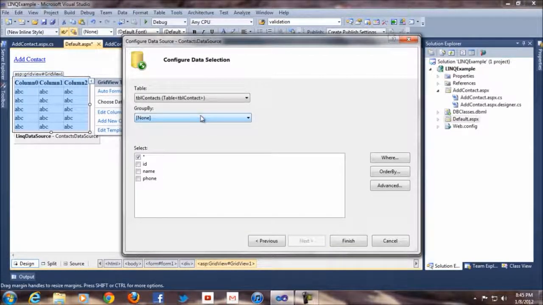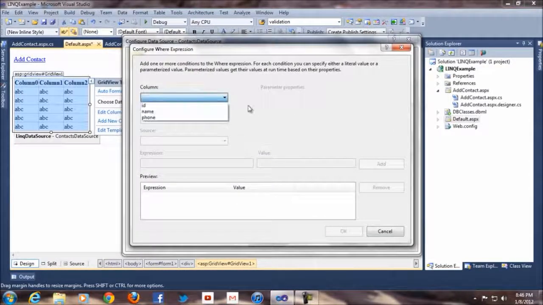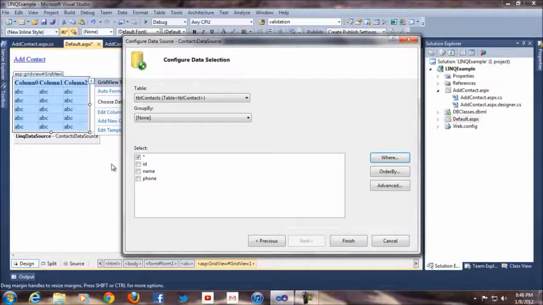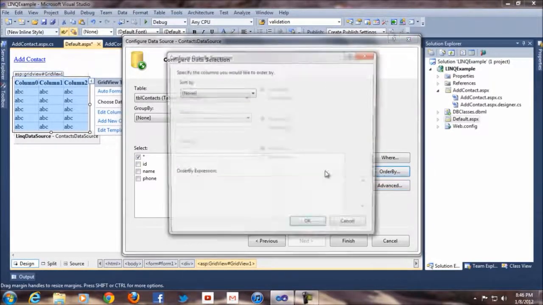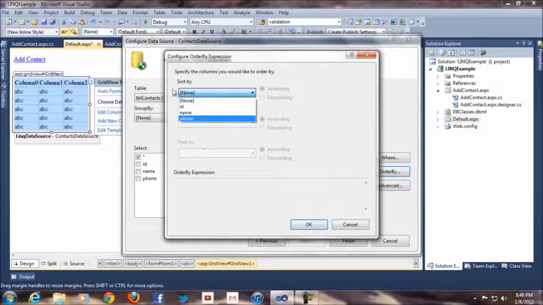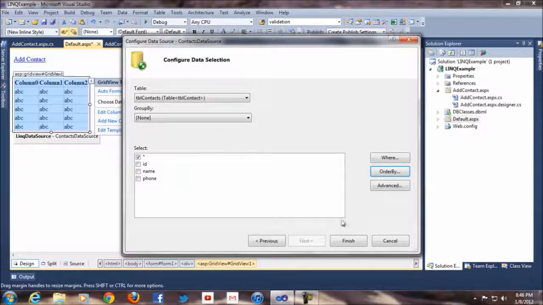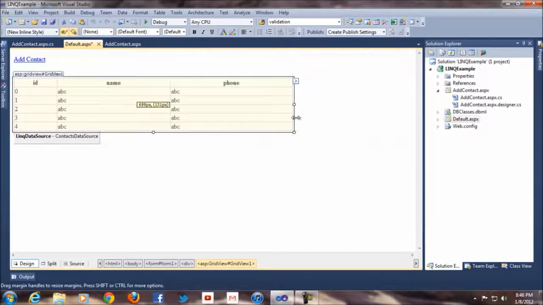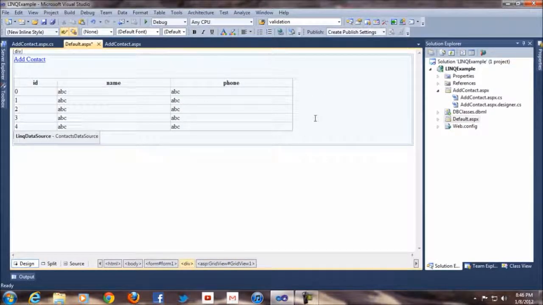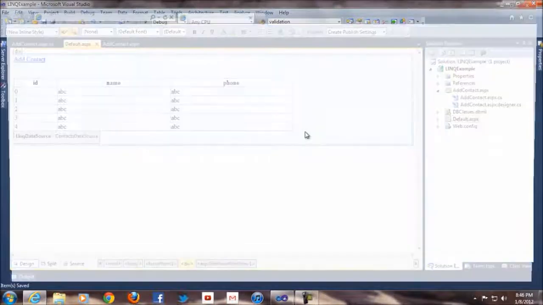In this area you can write the query, whatever you want, so I'll just go here and write it. But it's a star. I put the star, and you can enable the automatic delete, insert, update, whatever you want. So you can say order by what kind of sort you need. I don't want to do anything, I just need whatever you say. I just say simply yes. So you see automatically you can see the names and all, and if I run this one you can see